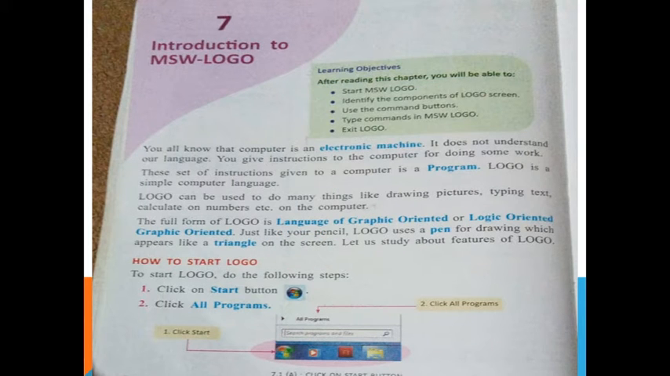So you all know that a computer is an electronic machine. Everybody knows from the first class, a computer is an electronic machine. So this is repeated in every chapter. It does not understand our language. You give instructions to the computer for doing some work. If you say, computer, go and bring water for me, is it possible? No, it's not possible, because it's a machine. We are human beings, we can understand. If I say to you, do this work, you can do it easily, but for the computer, we have to fit according